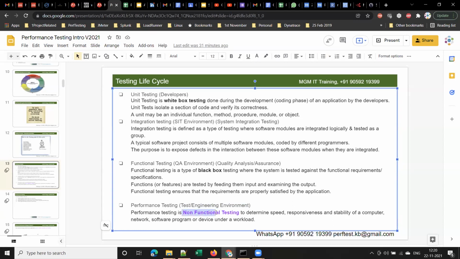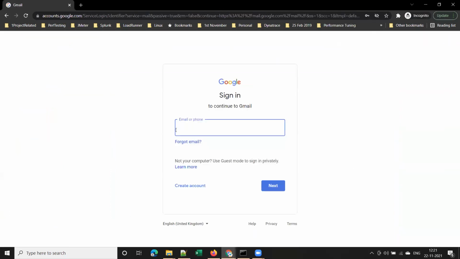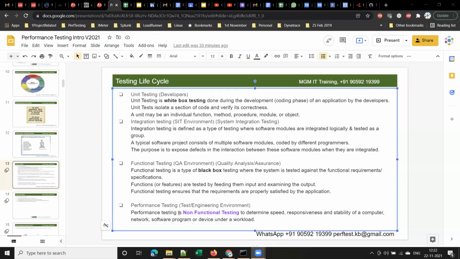So performance testing is non-functional testing, right? So we don't test the functionality here. Everyone is familiar with functional testing, right? Okay. Let me define this. Performance testing is non-functional testing,